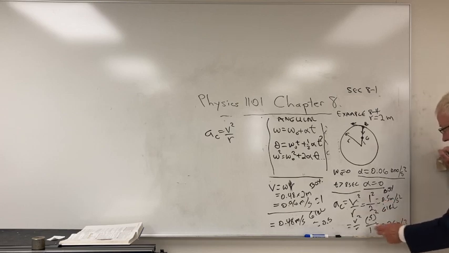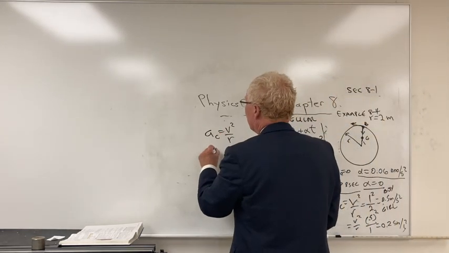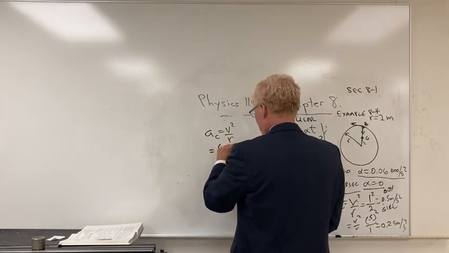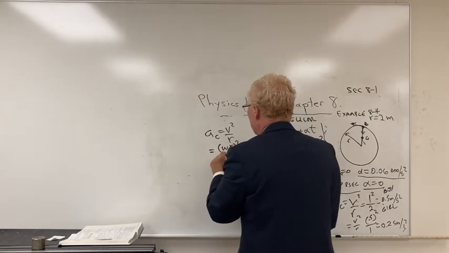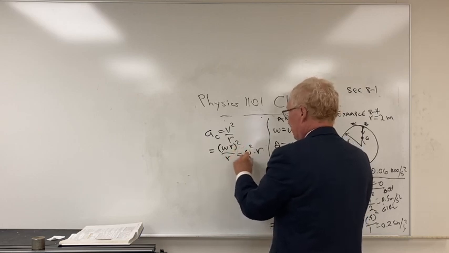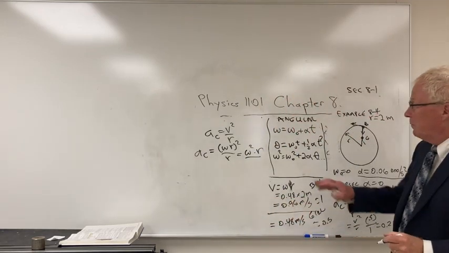For her, it's 0.5 squared over 1, 0.25. We use this relationship, v is omega times r, so that would make that also equal to omega squared times r, which would mean the centripetal acceleration would be